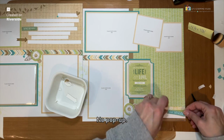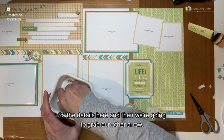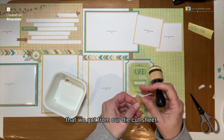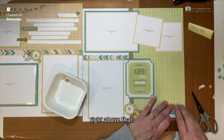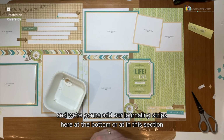No pop-up. So the details here. And then we're going to grab our other arrow that we got from our die cut sheet, add some color, and adhere that right above that, like so. Okay, so then the last thing we're going to do is add our journaling strips again, and we're going to